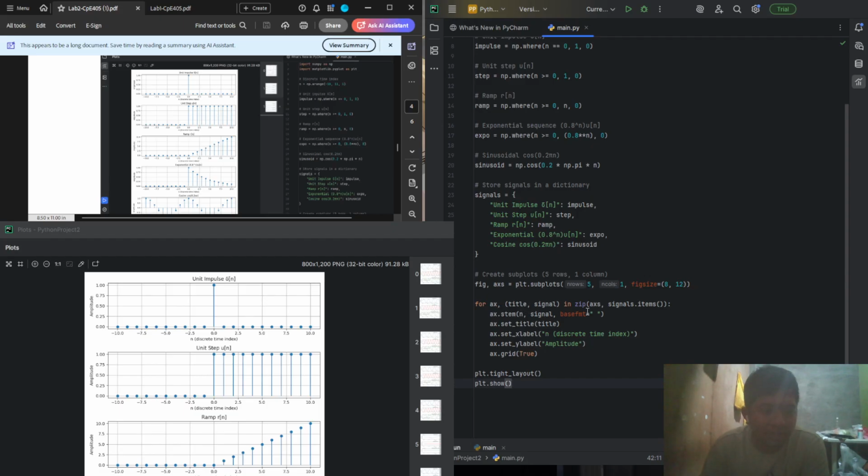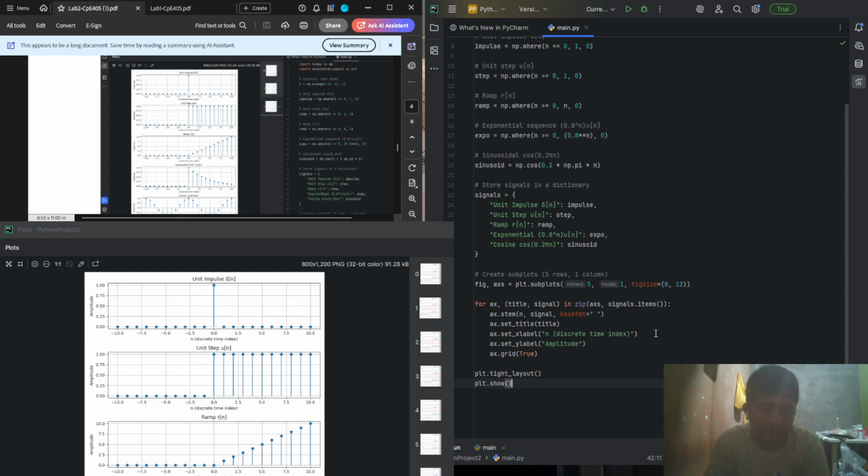For each signal, I set the title and the label for the graph. For the x-axis, we have the discrete time index, in which, as I said earlier, we have 11 indexes and each differs by 1.